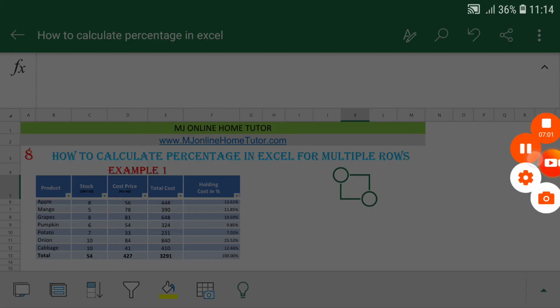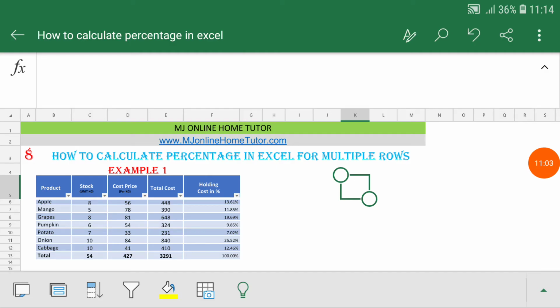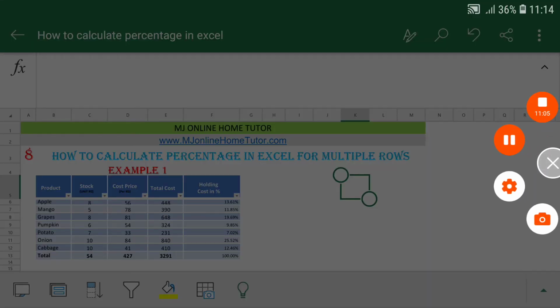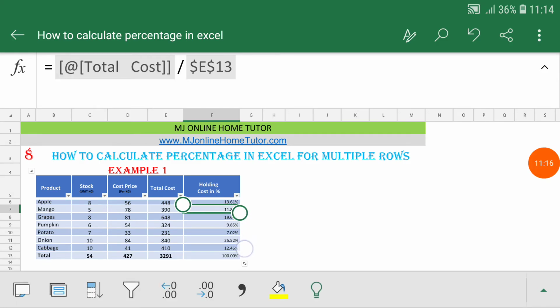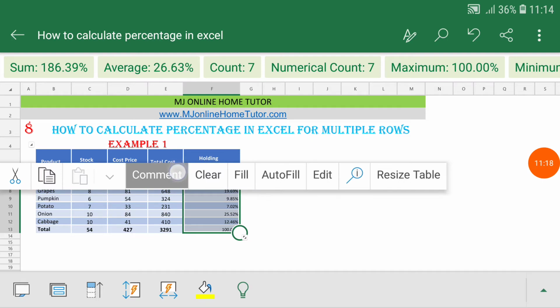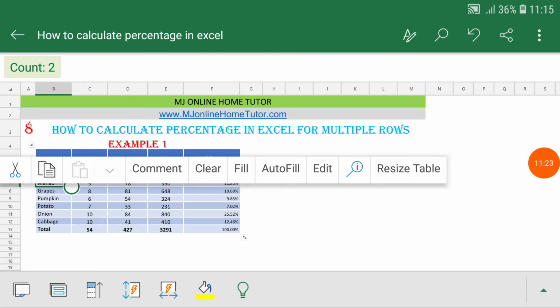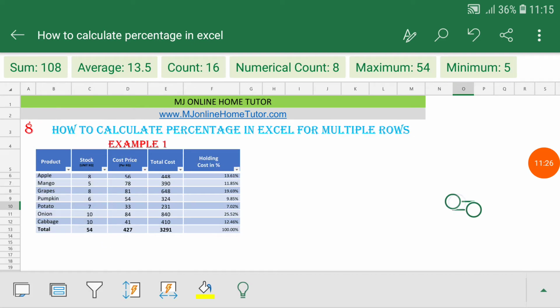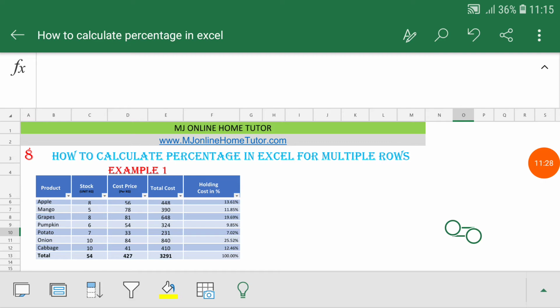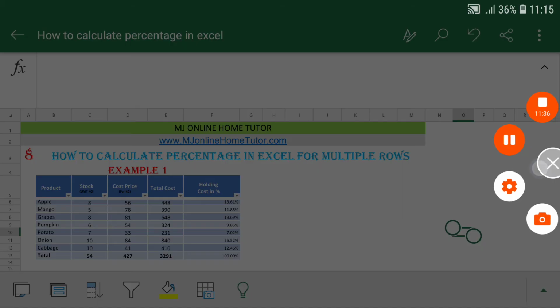Now I'm going to show you how you can create the pie chart and bar chart, and you will get the result in percentage without getting the percentage data from this chart. We have this data in the percentage format, but we will not use this data. We will use this data to get the percentage in the pie chart. We also create a few other charts, so please keep watching, and I will show you the official application of Microsoft Excel. There are a few minutes remaining, and you can learn a lot with this video.